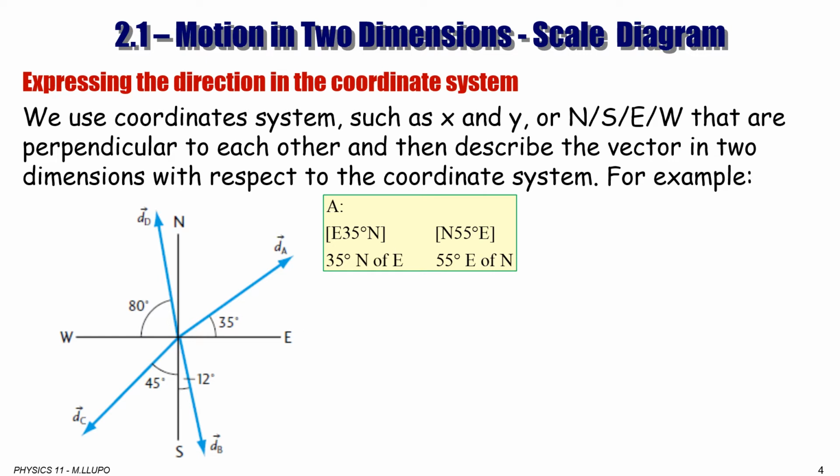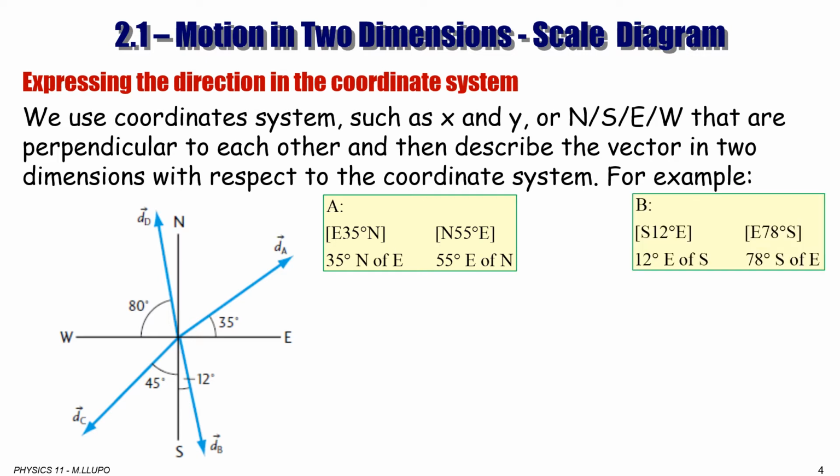Or if you move 35 degree east of north. So you should be able to know all 4 of them, not because you have to express it in 4 ways every time, but you should understand